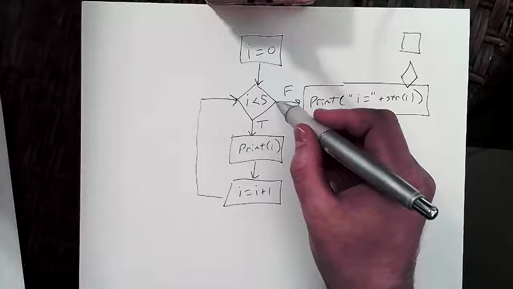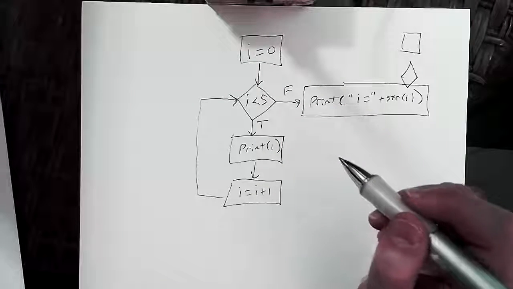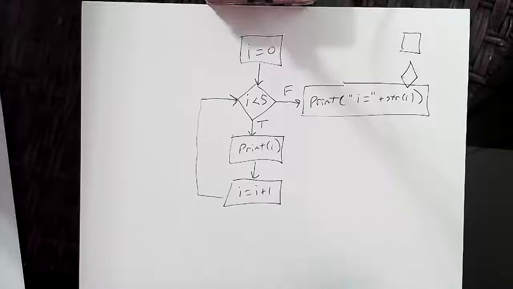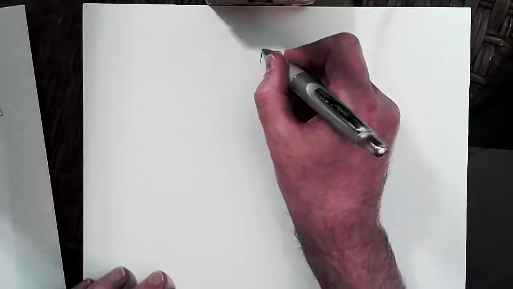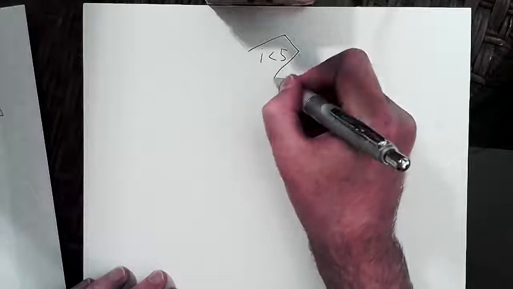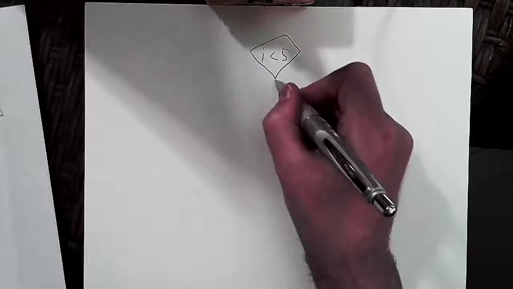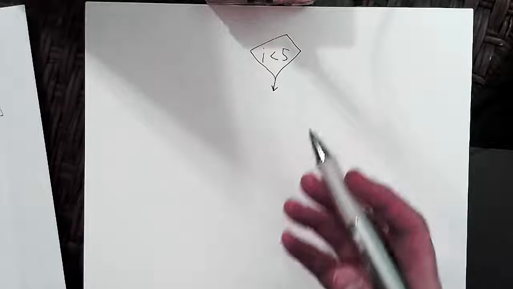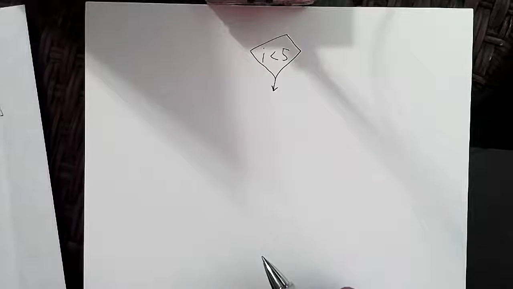So this is similar to an if statement, the diamond. And so the thing I wanted to look at next is how can we take this process and add an if statement into it, so that while we're inside the while loop, we can make some sort of a statement. I know we sort of did this before. The only variable you have is I, so the only if statement you can have is based on I.